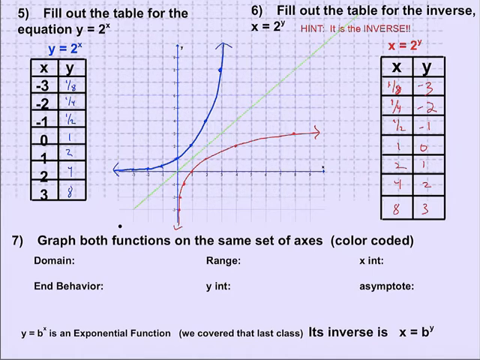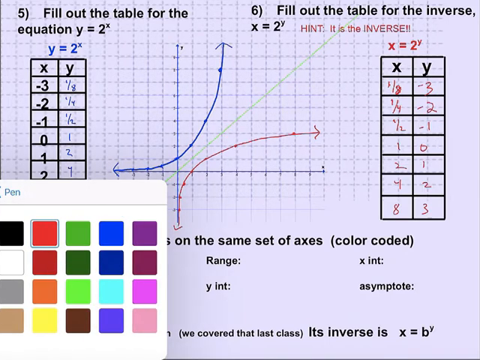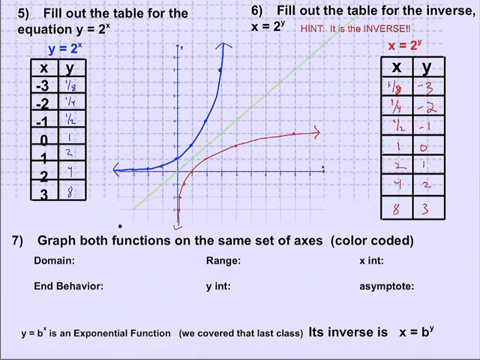What we're going to do now is talk about the domain, range, and the other key points of both of these functions. And I want to remind you as you go, we've got two options. We can either talk about what we see on the graph, or we can remember that the two functions are inverses of each other. So when the domain of an exponential that we saw last class is all real numbers, and the range is only positive numbers,